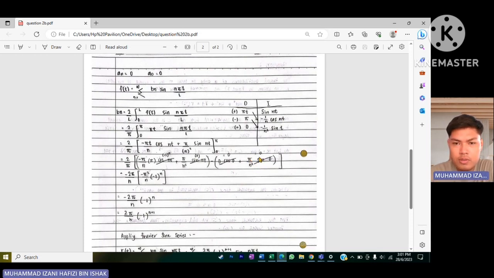Sin 0 is equal to 0, cos 0 is equal to 1. Sin n pi is equal to 0, cos n pi equals to negative 1. So the answer will be negative 2 pi per n, negative pi squared per n bracket negative 1